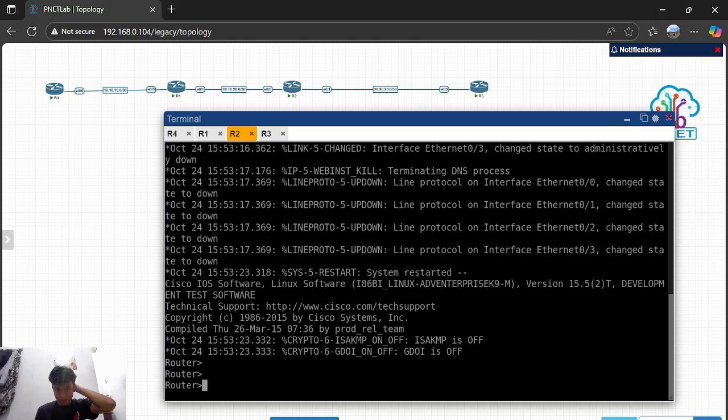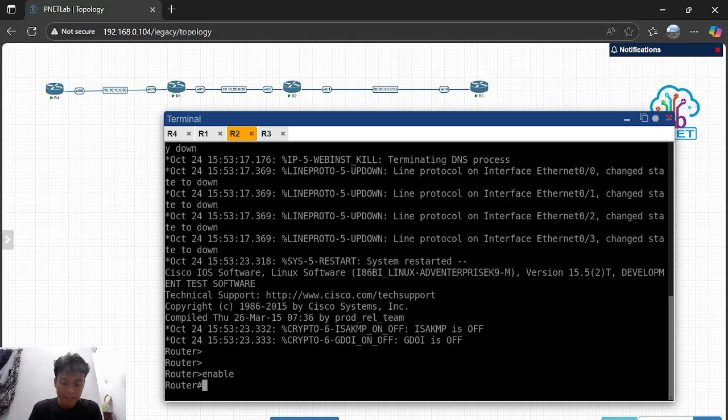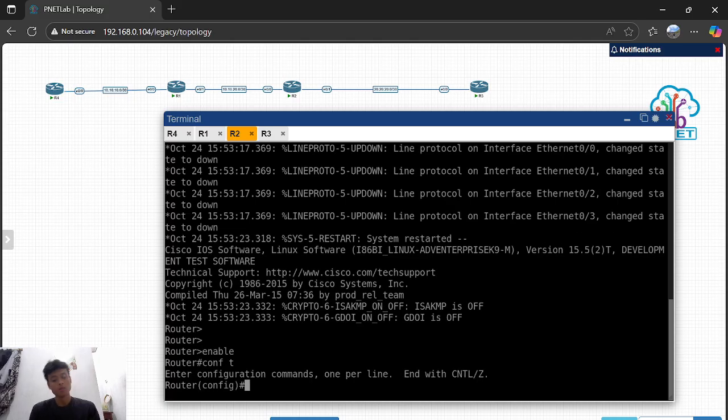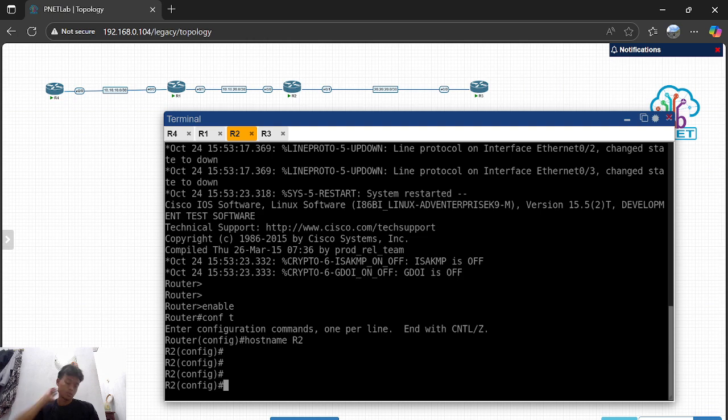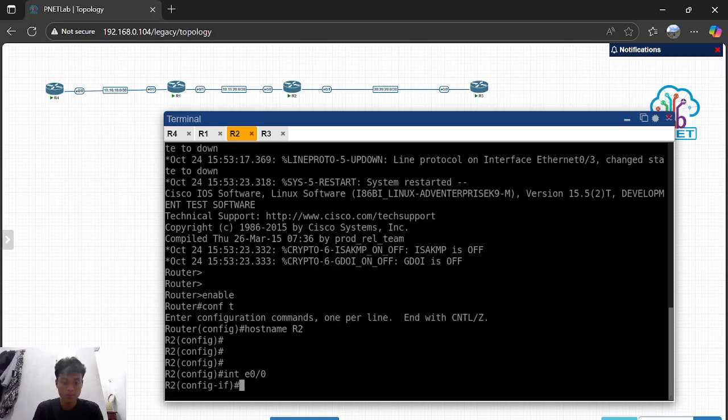So you can enter, and then like the other routers, first of all you change the host name to R2, and then you can add the IP address, but you must enter the interface first, like this with subnet mask.